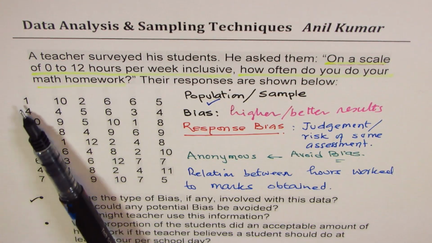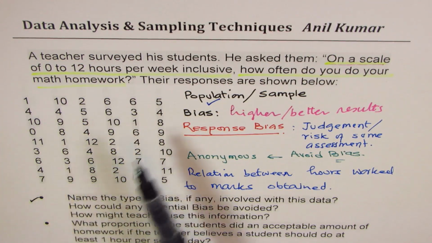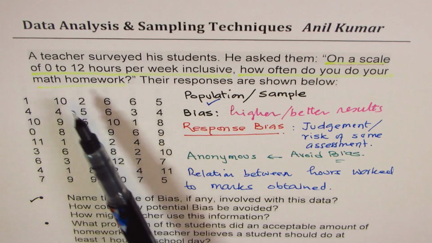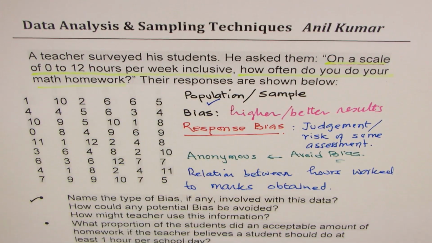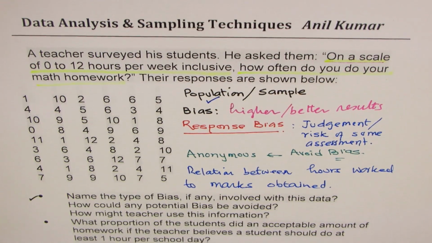So if there are 6 times 9, 54 numbers here, which represent number of hours per week, that means we are assuming 54 students in the class. Perfect. Okay. Now, with the rest of the questions, which are,